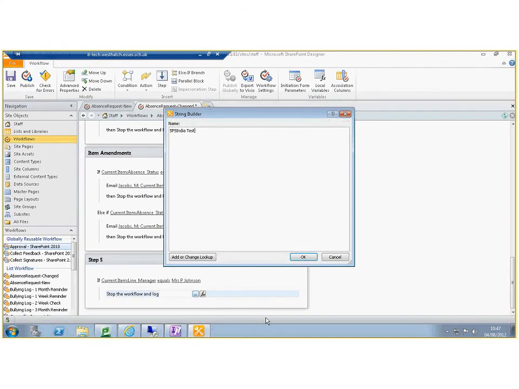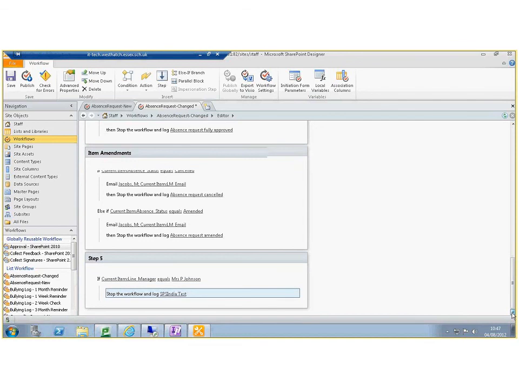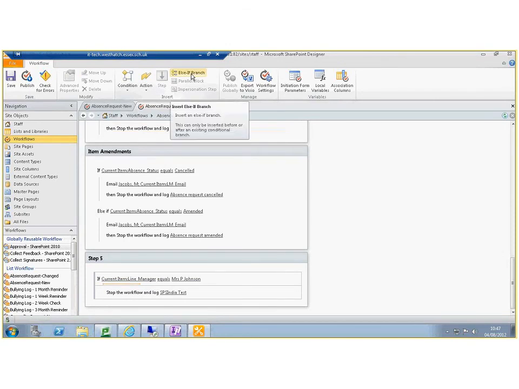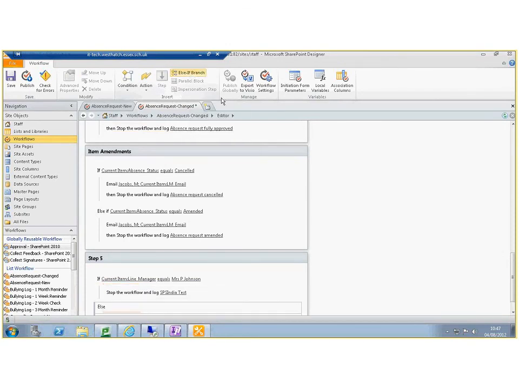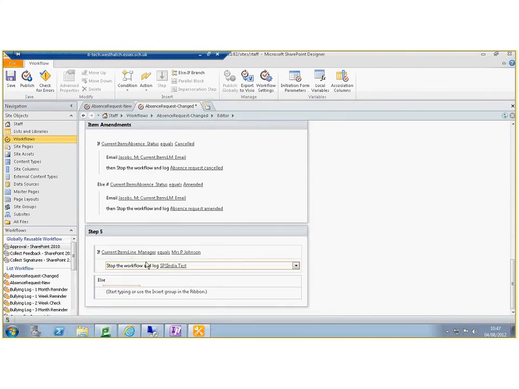I'm obviously not going to save this workflow because this is a running workflow, so it will mess a few things up. But you can see that's how easy it is to build up your strings within your workflow. You've got the option, obviously, as well, to do an else if branch, so we can add that. So basically it's saying if the current manager equals Mrs. P. Johnson, stop it, else send an email,